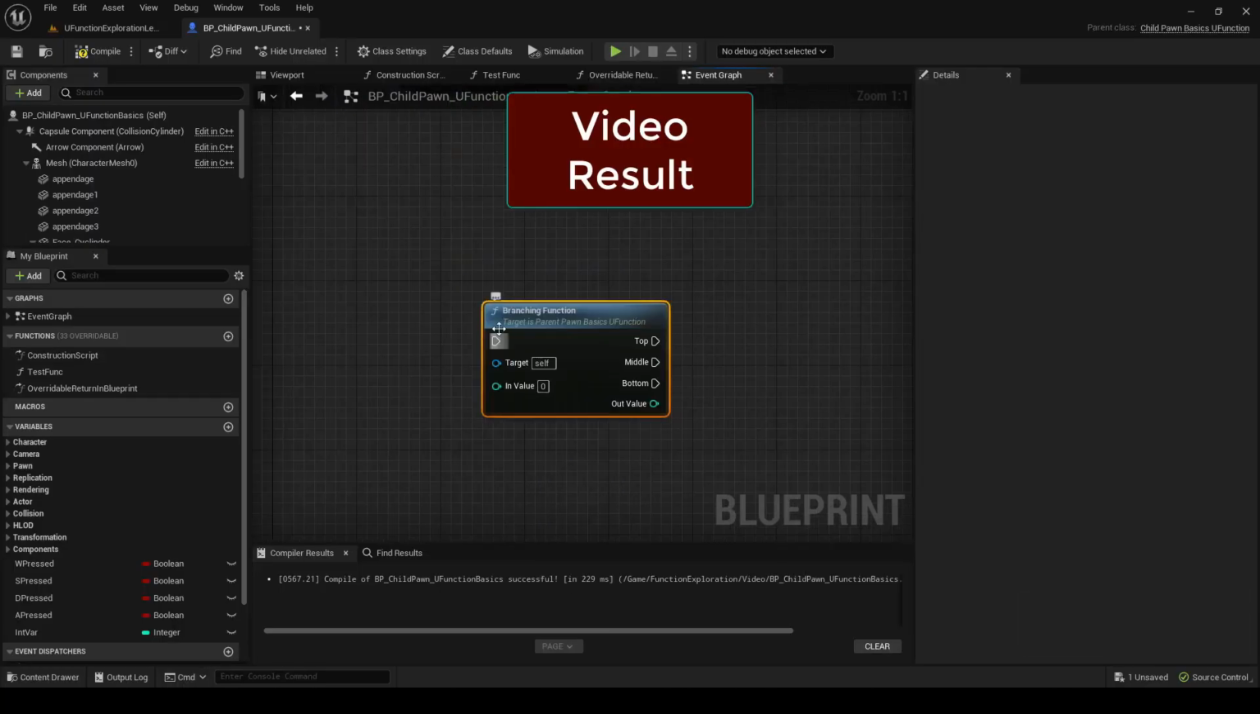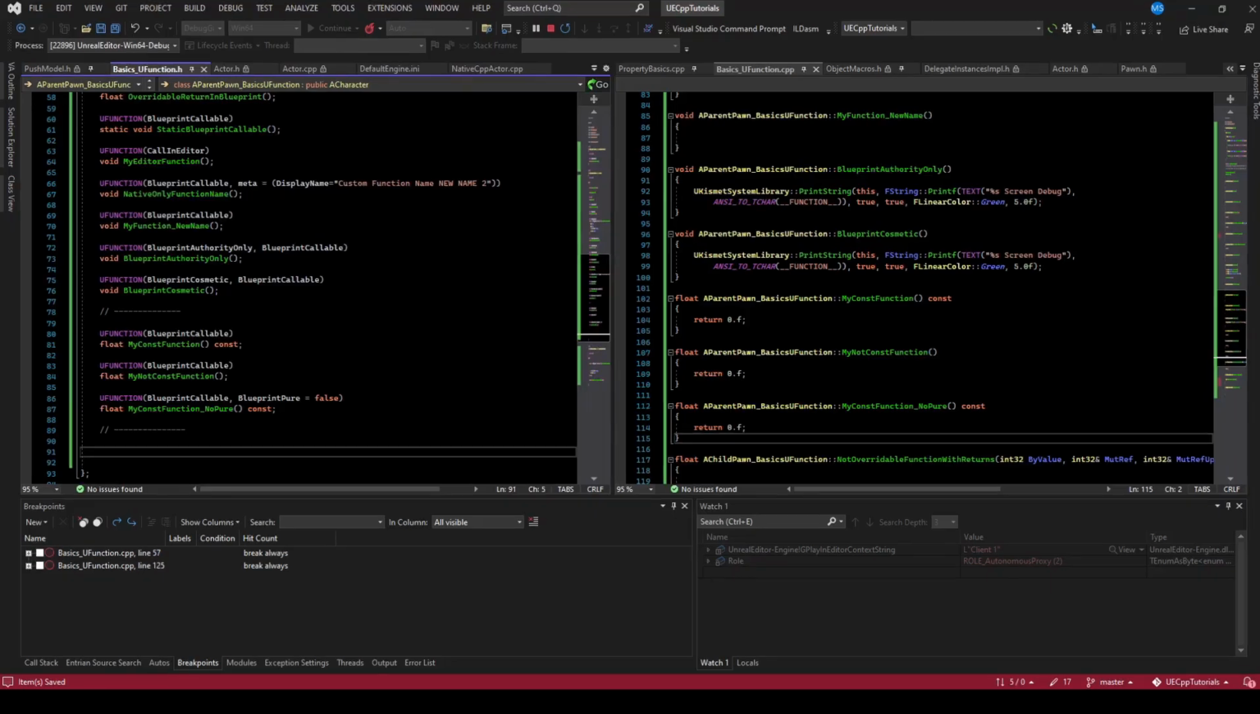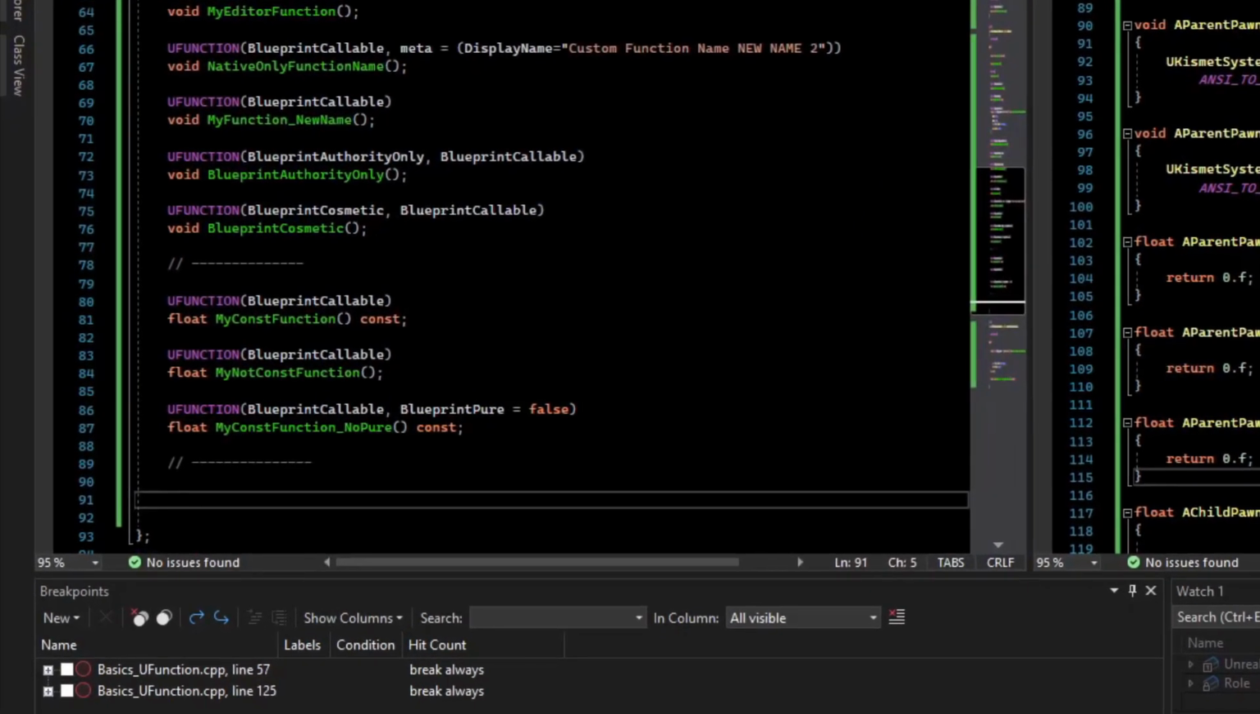Branching function. There's a single input, but then we have a top, middle, and bottom output. And so only one of these execution pins will be taken. You can have multiple execution pins going in different directions. And so you can do the same thing in code. So if we create a UFunction,